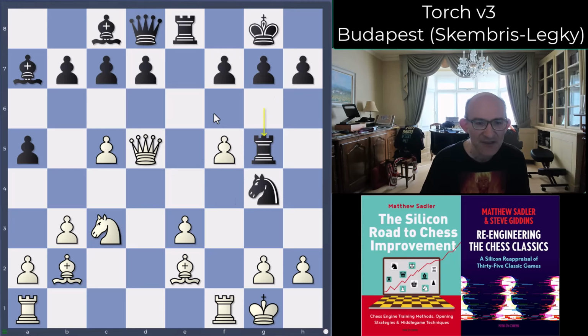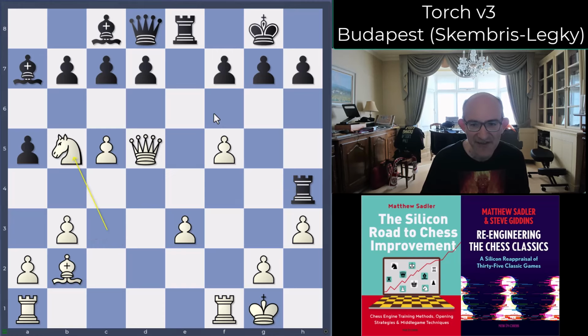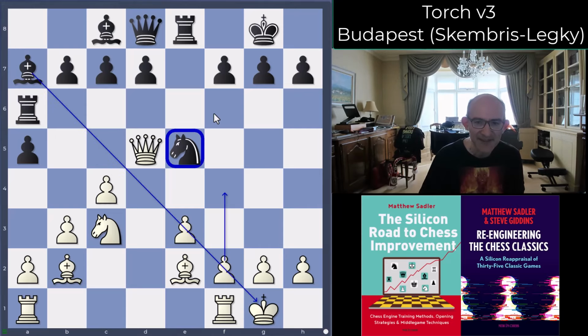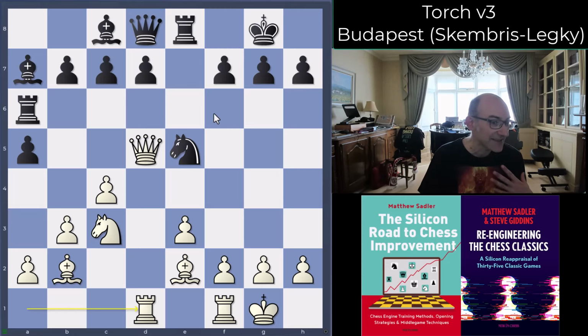f5 is possible. Rook g5 and then bishop g4, h3, and the same idea with knight b5 here. Yeah, it's all incredibly sharp, incredibly dangerous. But you see how concrete the engines actually are, really trying to fight against those minor pieces. So this move rook d1 is a good general developing move, but it's not really going to do